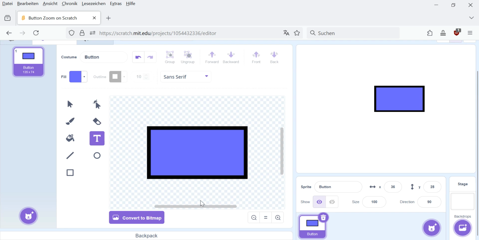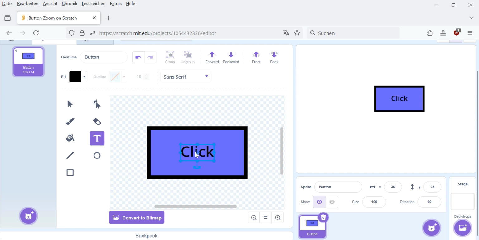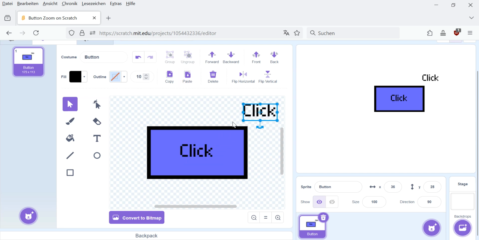Now we can write something on it. And I just right click here. But now, I can also have this in pixel mode, written in pixel font, and then duplicate this with copy and paste, drag this away,